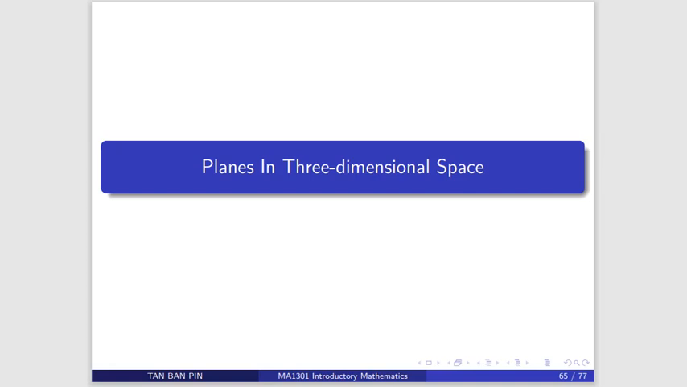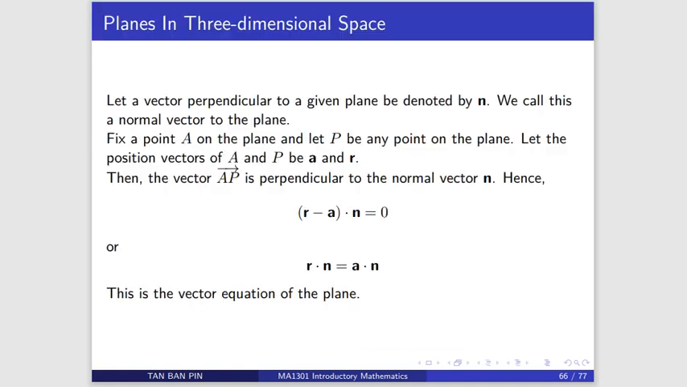We are going to look at planes in three-dimensional space, how to use vectors to find equation of planes. A vector perpendicular to a given plane is denoted by n, and we call this the normal vector to the plane. On a diagram, it looks like this. If you have a normal vector to the plane,